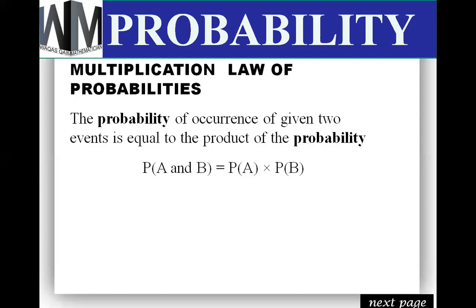In A or B, it means that either A happens or B happens. So both are not going to happen, only one will be there. And that's why we said that both events must be mutually exclusive. Now here we are saying A and B, so it means that both should happen. Okay, any confusion with this one?